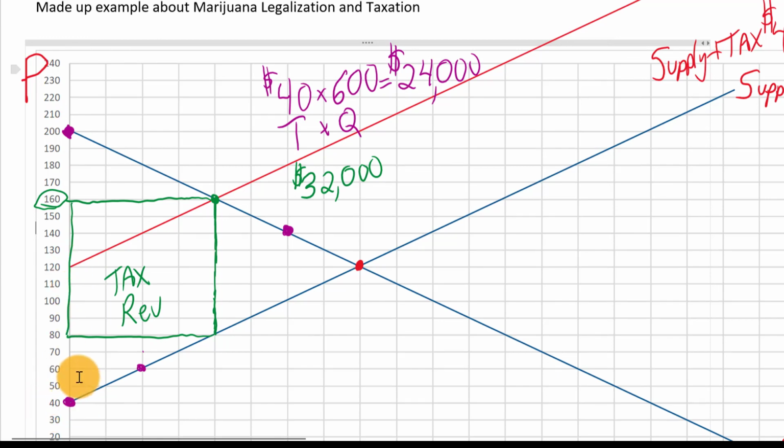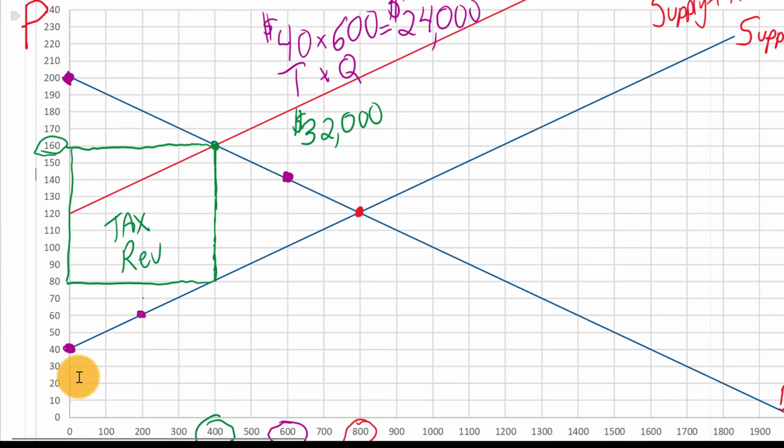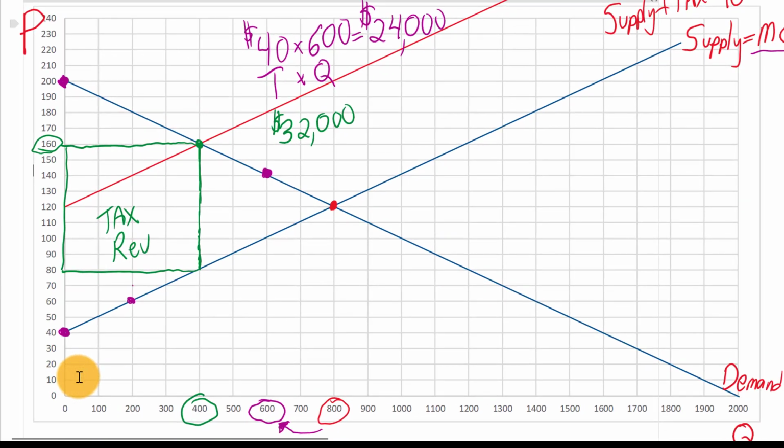Kind of interesting. Now, one other thing, last thing that's kind of oddly satisfying here is one thing we always want to know about a tax is what is the excess burden of the tax, or what is the deadweight loss, right? What can we say about the deadweight loss from a tax when the government is trying to maximize the tax revenue in this simplistic and not real world case when demand and supply are both a straight line? What can we say about that deadweight loss?